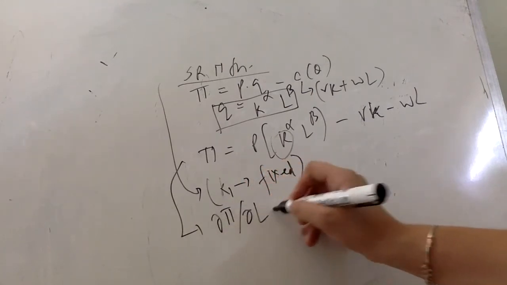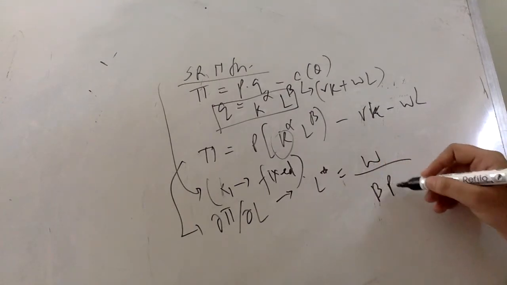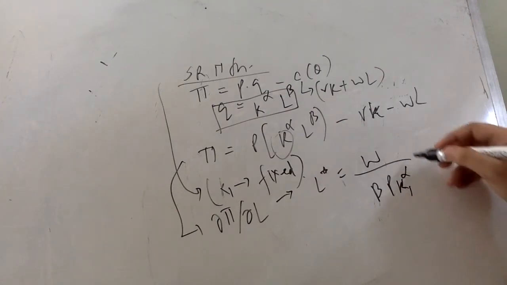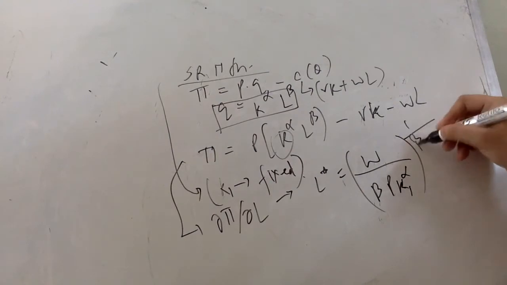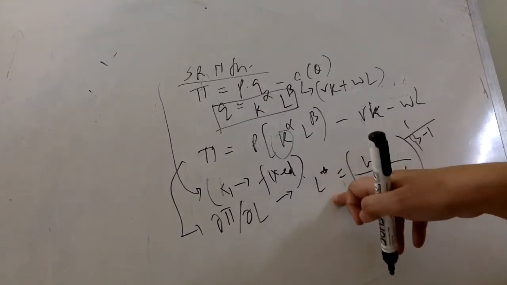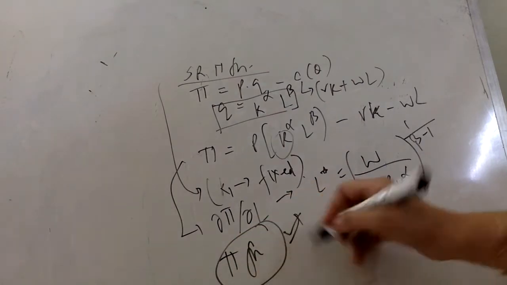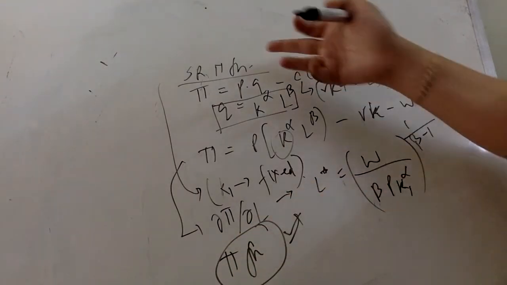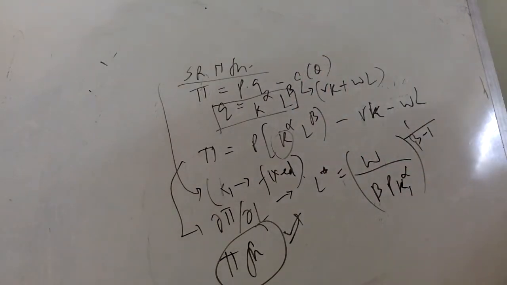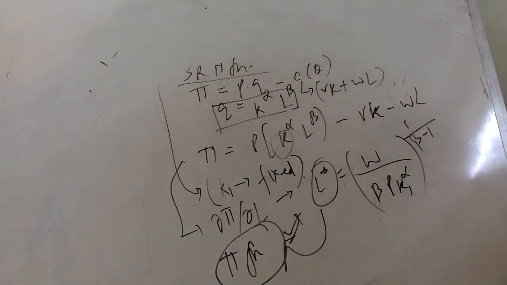Now if we differentiate the profit with respect to L, I get the optimum L star, and this value will come out to be (W upon beta P K1^alpha) whole to the power 1 upon (beta minus 1), where K1 just denotes that capital is constant. This is the value of L star optimum, and I can replace this value of L star in this function and rewrite the profit function. This is something I wanted to introduce, the short run profit function, to explain that if we have capital which is constant, then we can find the optimum L star, and corresponding to it we can find an optimum level of profit.